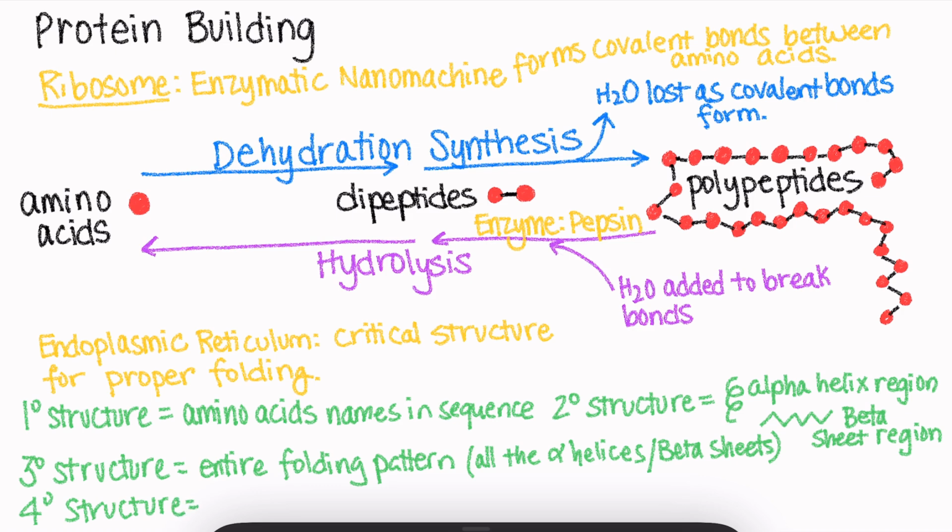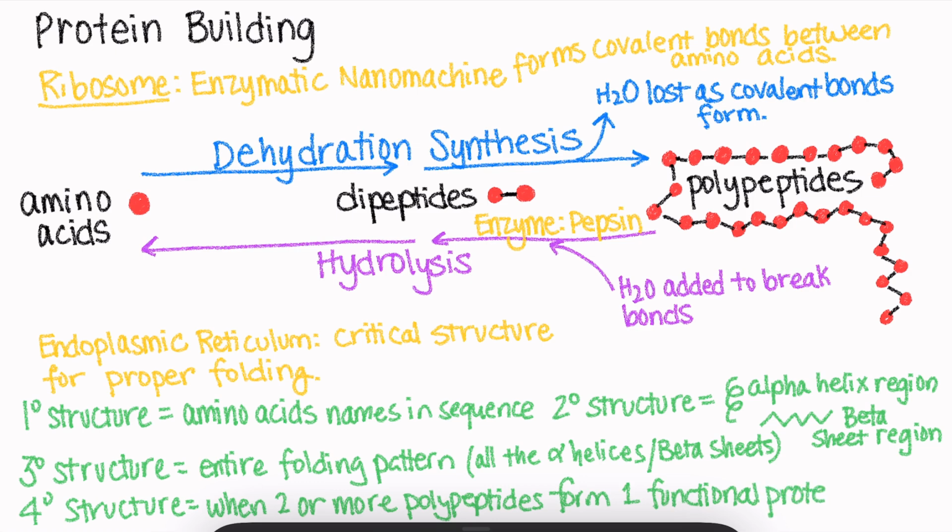And this is going to be when two or more polypeptides are needed for one functional protein. A couple good examples of that would be the protein hemoglobin that carries oxygen, and also channels in cell membranes that allow things to go in and out. Those are often made from three or four polypeptides that come together to do the one job of making a